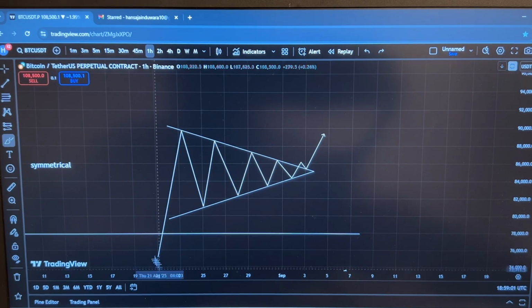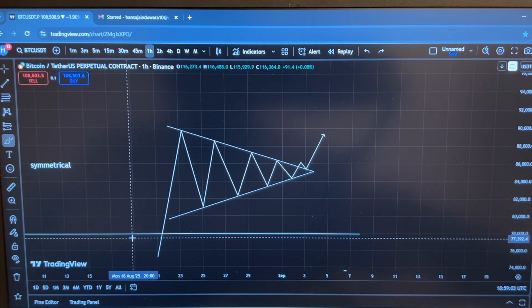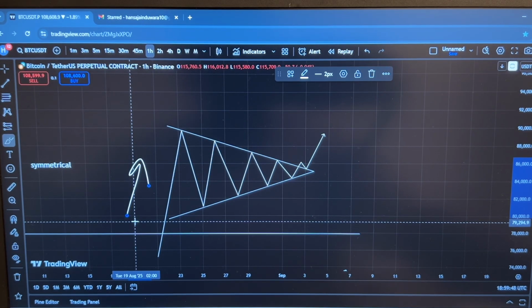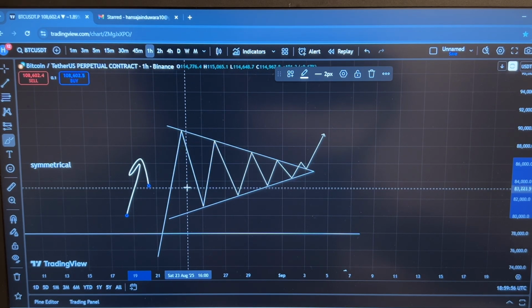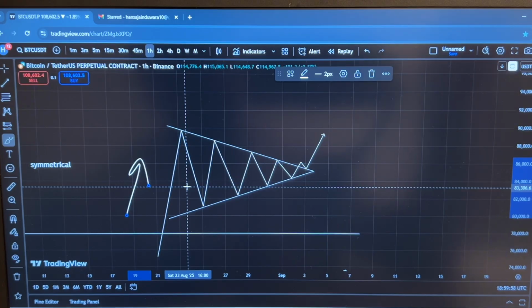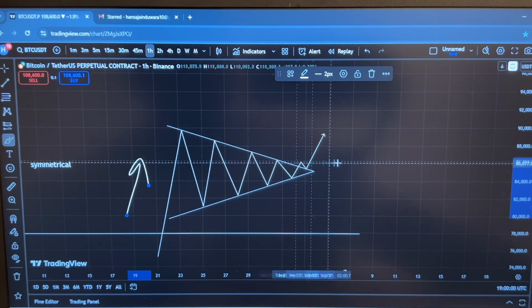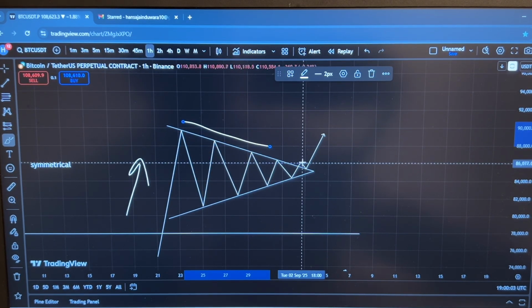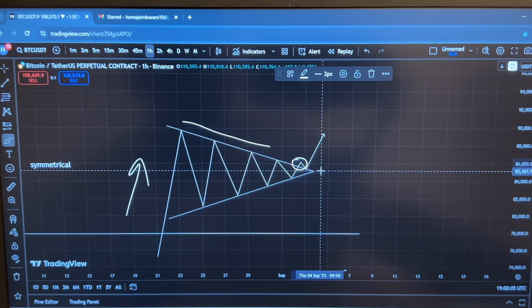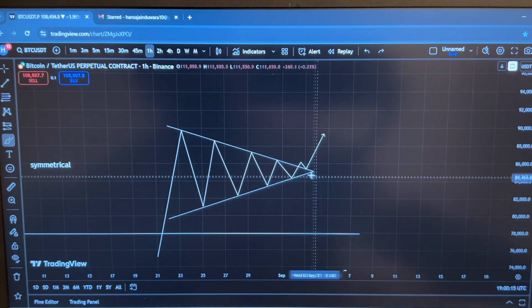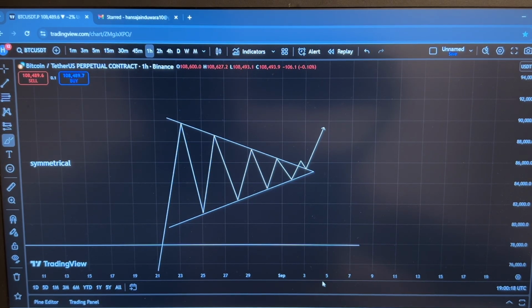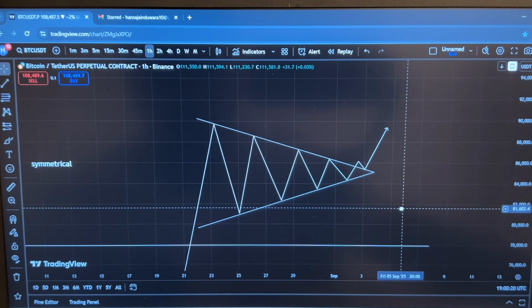And once that, basically, if in a bullish symmetrical or pennant pattern, if the initial market is in an uptrend, it's most likely to respect its initial market movement and break the top trend line, break from here, and keep respecting the movement and goes up. So when that happens, let's zoom in a bit. So when that happens,